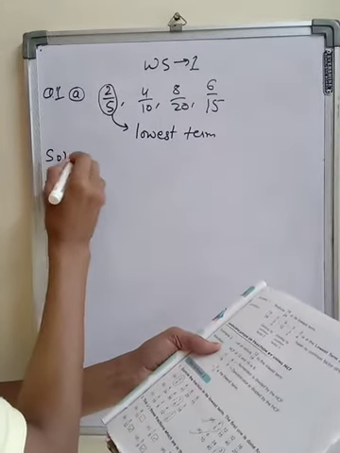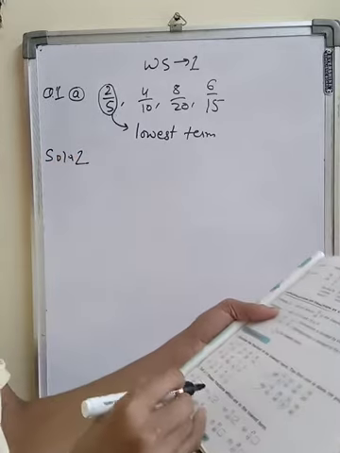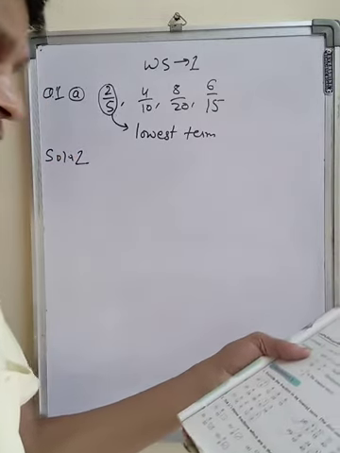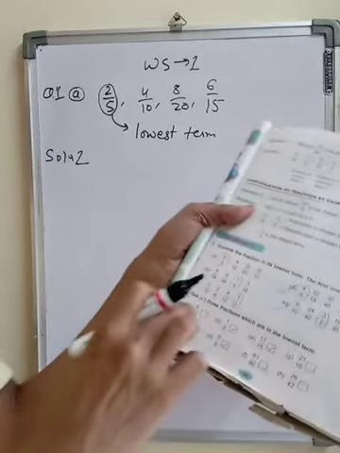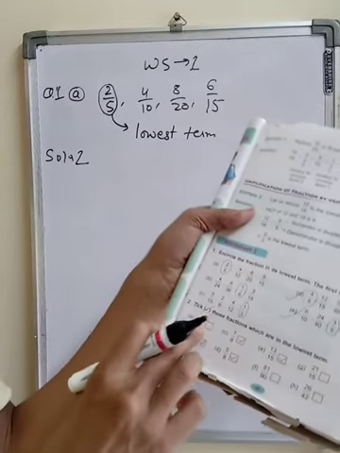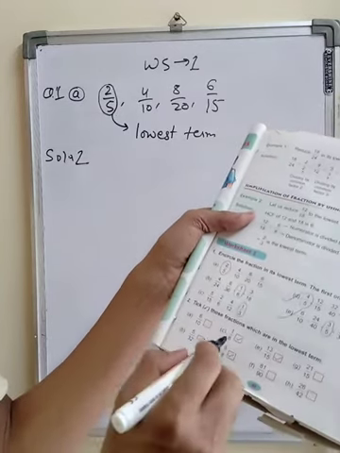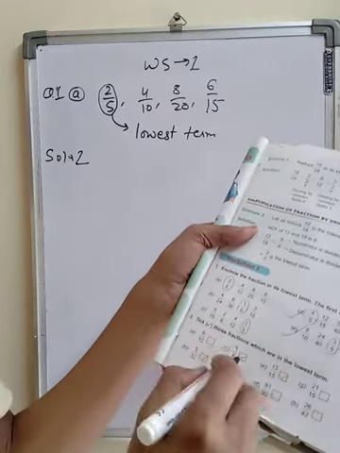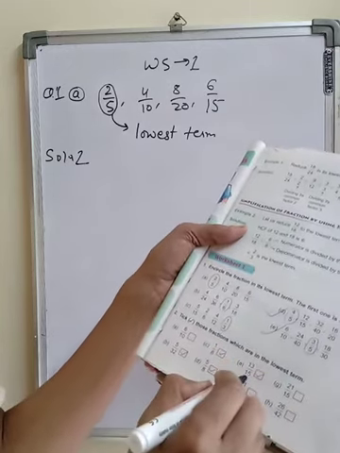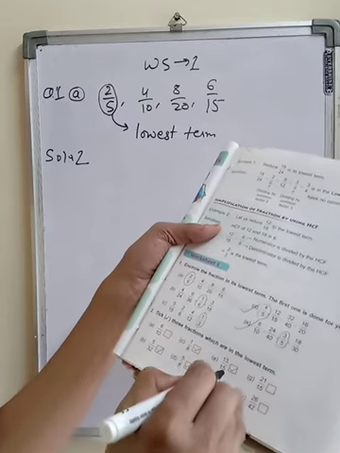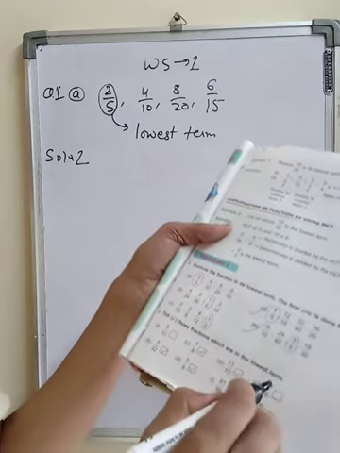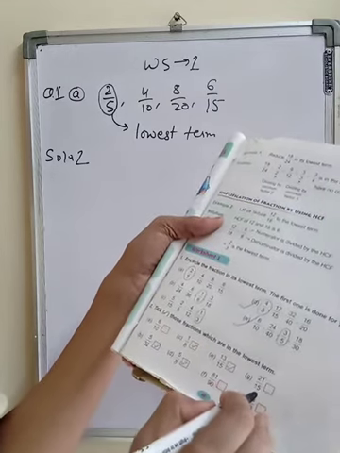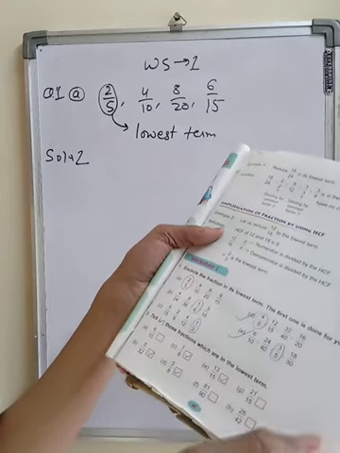Solution number 2. It is asking to tick those fractions which are in the lowest term. So you can see 6 upon 10 is not in lowest term because both are divisible by 2 table. 1 upon 8, yes, both are not divisible by any common table. So 1 upon 8 is yes. 13 upon 15, yes, because both are not divisible by any common table.